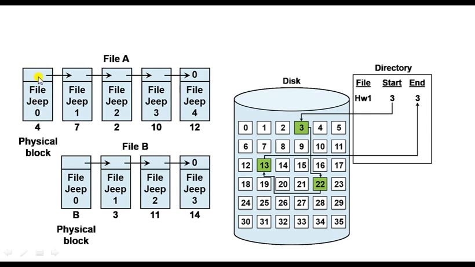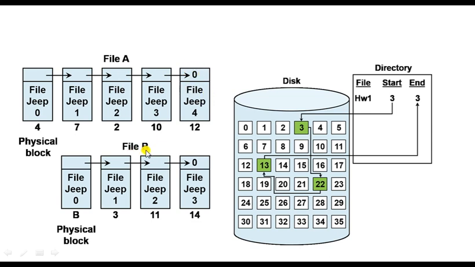One is for a pointer which refers to another block, and another one is to store the data item. So the block is divided into two segments. One is for storing the address of another block and another one is the file content. If you want to access the 12th block, you start from the 4th block, go to the 7th, go to 2nd, then 10, then finally 12. If it is the last block, the pointer is having null value. That tells this is the end of the block.